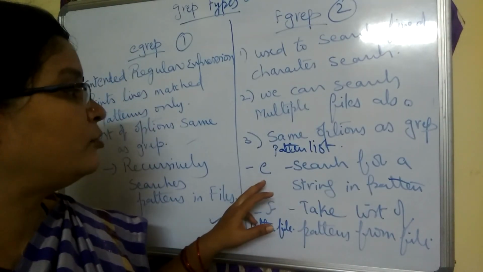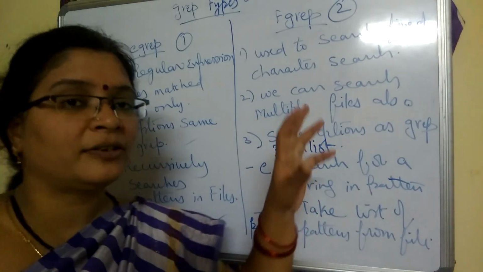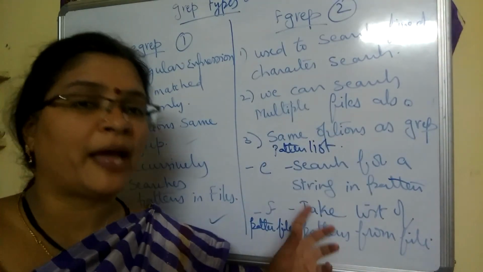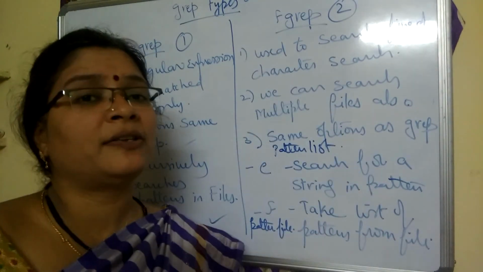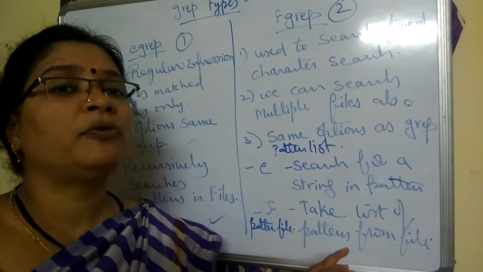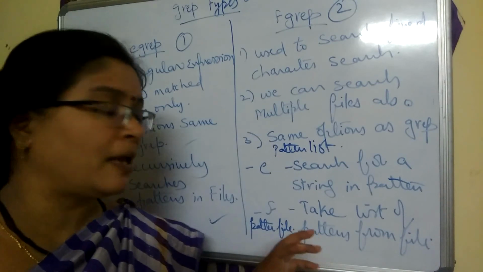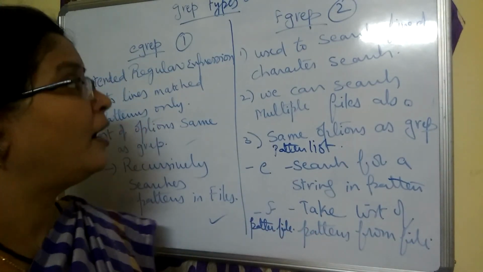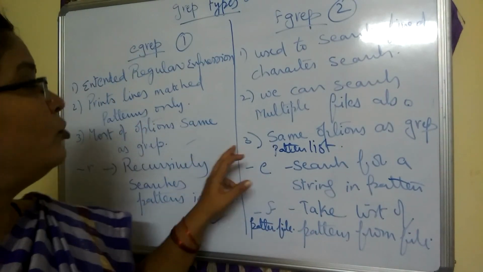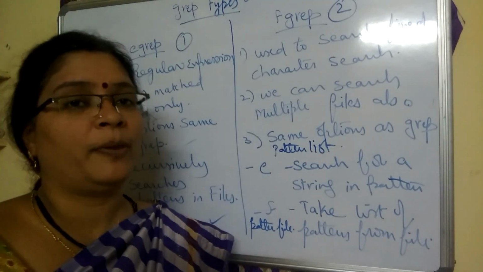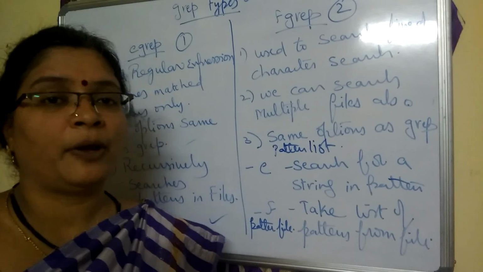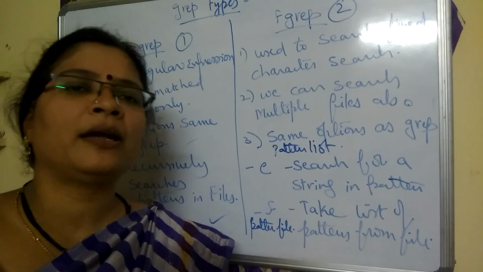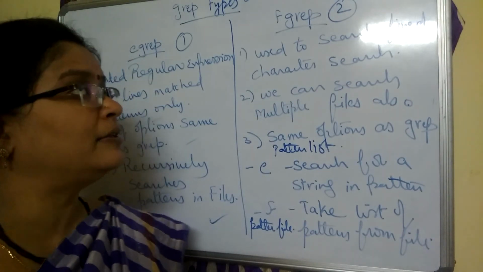So -e is used to search for the given set of strings and it gives the matched strings, and -f is used when a list of files is given, to find among the number of files where that particular word is appearing. Like that, these two are the variations, egrep and fgrep. So these are the various variations of the grep command. In the coming videos, we will see the practical session regarding this grep command.